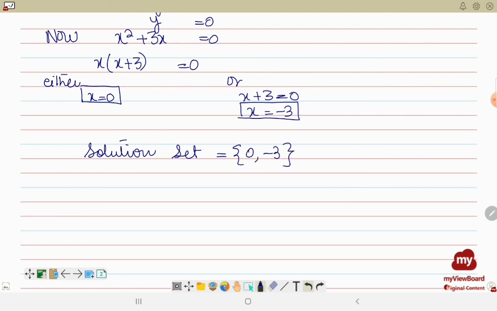So this is how we are supposed to solve the radical equations. We have done all types, right from type 1, type 2 and type 3. I hope you understand each step of working,